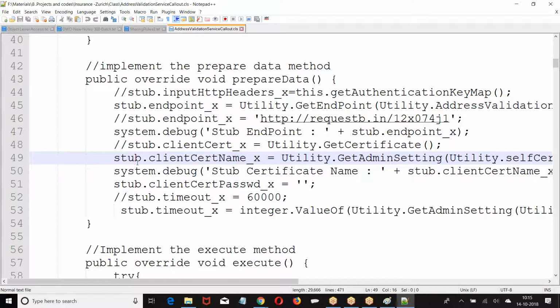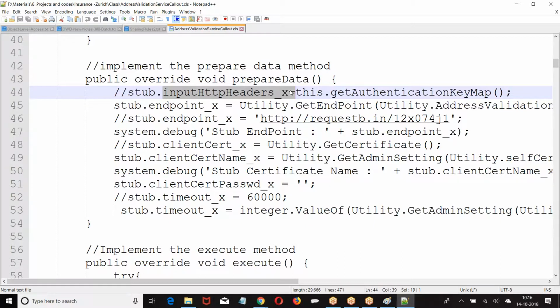Second one, I told you about the header element. If you are expected to pass the data in the header element, we use it. If you are expected to pass the username and password in the header, I told you we can also pass them in the input headers. We can put key value pairs in the form of input headers. If you already have an access token, we can straight away put it in the input header. I cannot pass a login ID and password and generate a session ID here. In the input header, I can pass my access token. Through some other method, you have generated an access token. If I want to send that access token, I can simply put it in the input header.